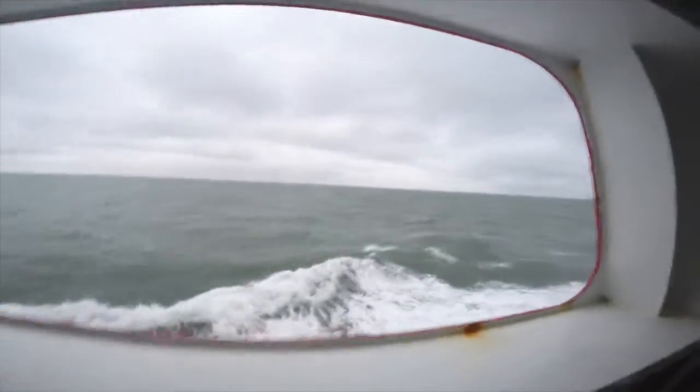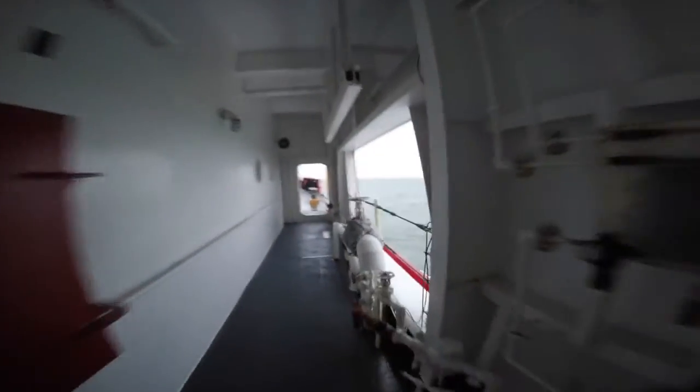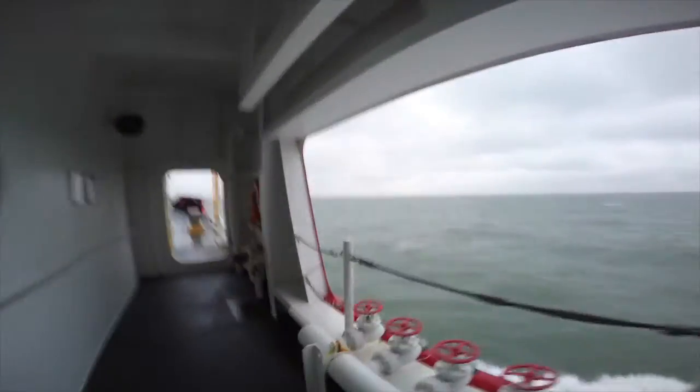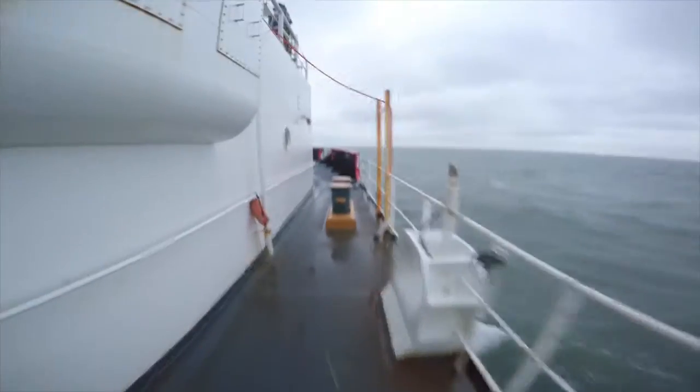This is a so-called air castle. It's open to the air, but it's a covered deck. These are nice places to hang out if it's snowing or raining, or to get out of the wind, but still be able to see what's going on the ocean. And then we come out towards the bow,